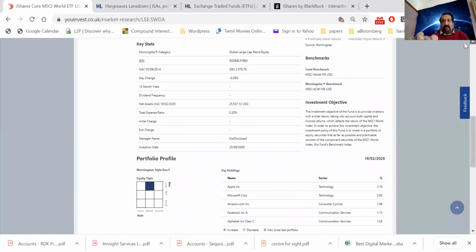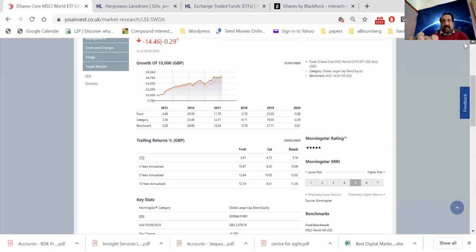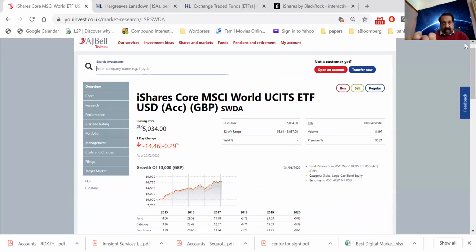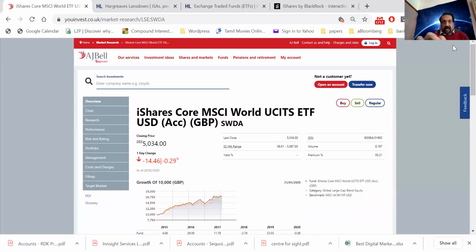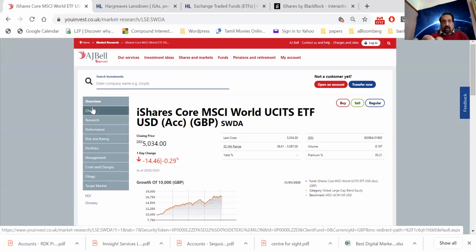Okay, this is different from buying a share. I'll tell you why in the next lecture. Let me finish this lecture by saying where you can get all the information. You can go into any of these. So how did it perform chart-wise, various research things, performance, risks and rating, portfolio, management, costs and charges, filings, details,